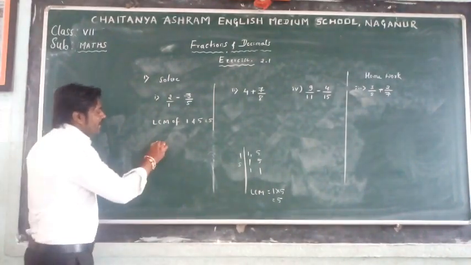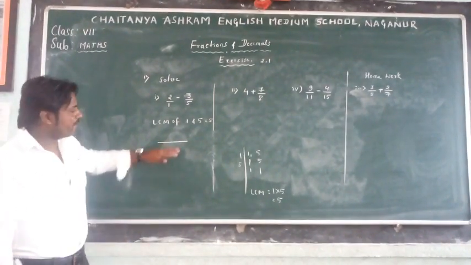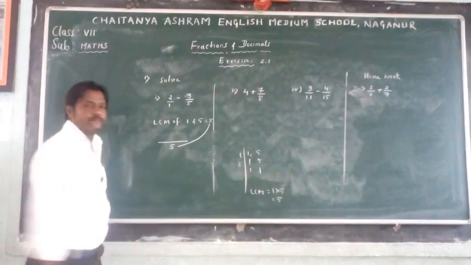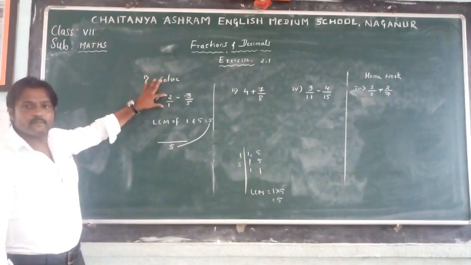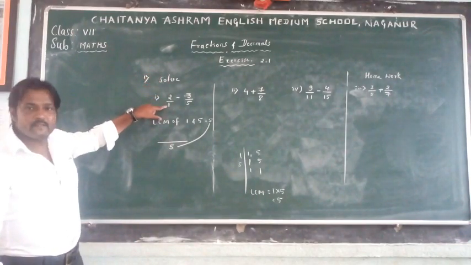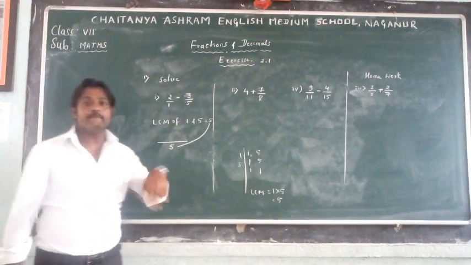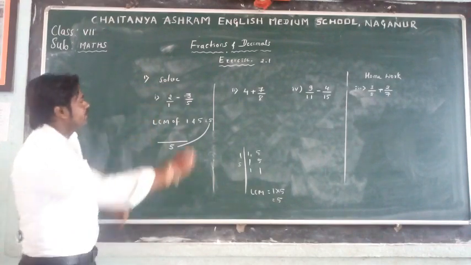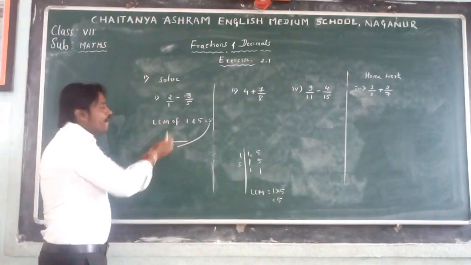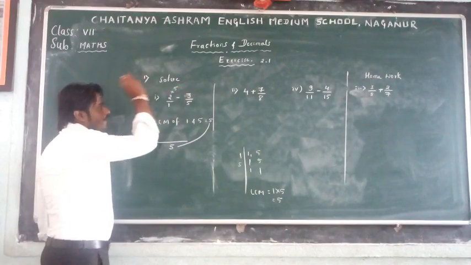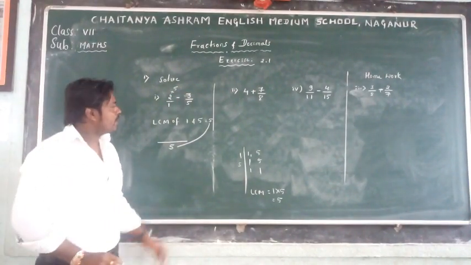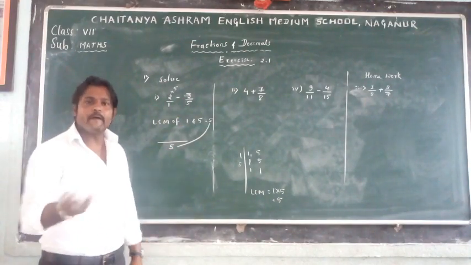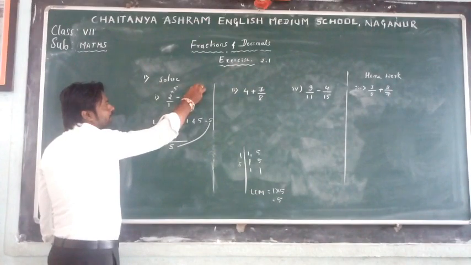Then make a fraction. In the denominator of this fraction, write the LCM, that is 5. Then go to the first fraction and observe its denominator. 1 times how much is 5? 1 fives are 5. Then we should write 5 over 2. 1 times how much is 5? 1 fives are 5, so write that 5 here. Understood? 5 times how much is 5? 5 ones are 5. So write that 1 at 3.